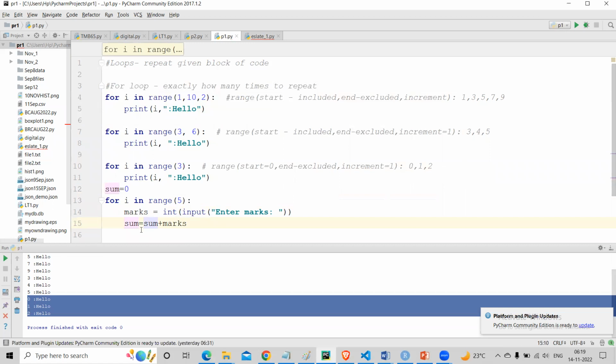Second time when you run the loop, 60 is already here. So now 70, 60 plus 70, 130. Again you run the loop, 80. So 130 plus 80. Again you run the loop, you already have the sum plus the new value of marks, and so on, isn't it? So you are able to perform